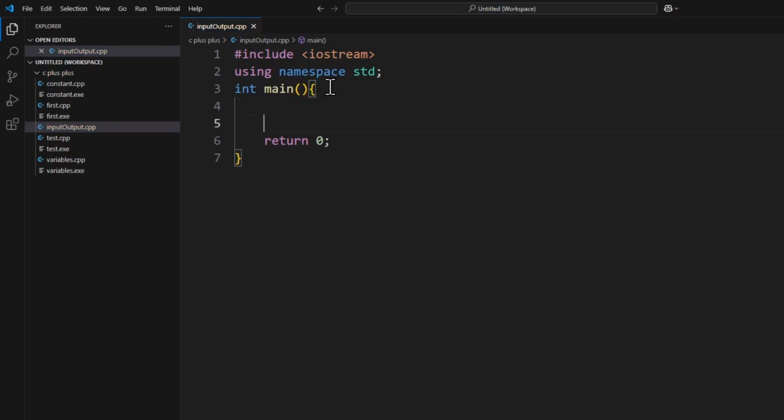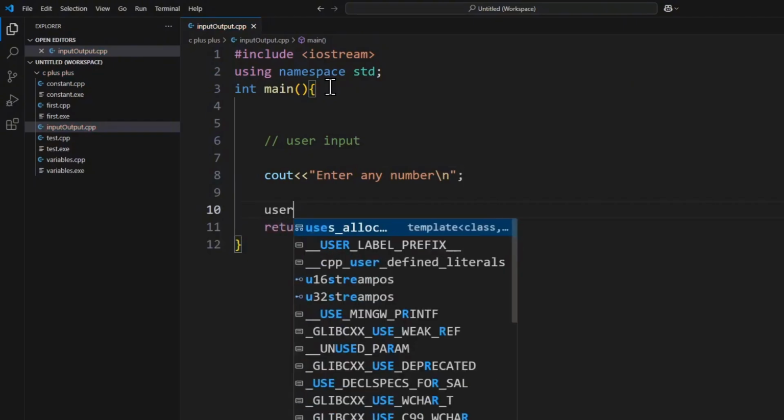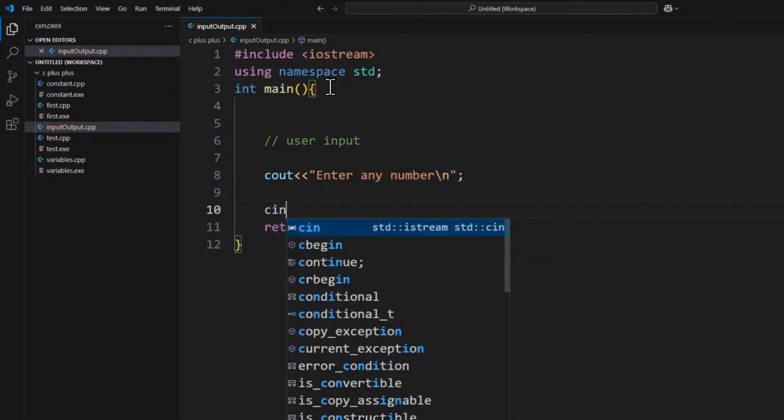All right, now here I'm going to make a comment. I will say user input at first. So we can actually use here a prompt. Let's say I want to use a prompt that says enter any number. We can actually give here \n for the new line. We can actually go for the input. So I will say user. We have to say here cin,